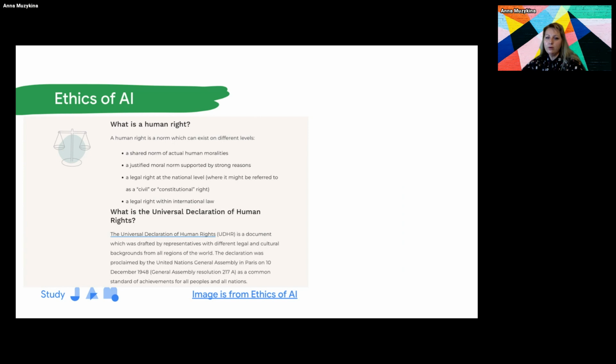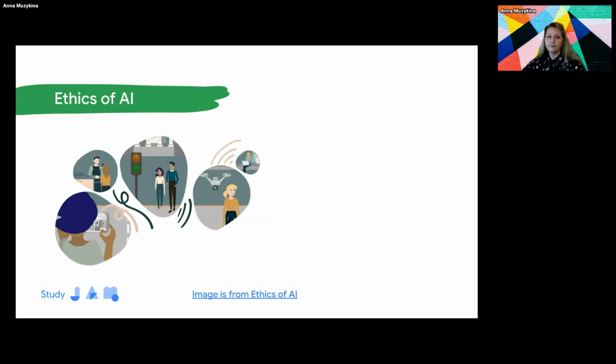And what about vulnerable groups like children? In the next session, I'd like to dive deeper into some specific examples of human rights that are particularly relevant to AI, like privacy, security, and inclusion. We will also touch on the rights of children in the age of AI. Now let's look at some specific human rights that are really important in the context of AI: privacy, security, and